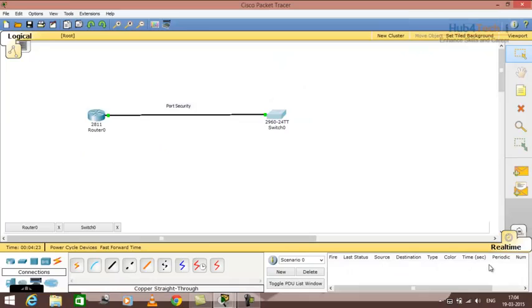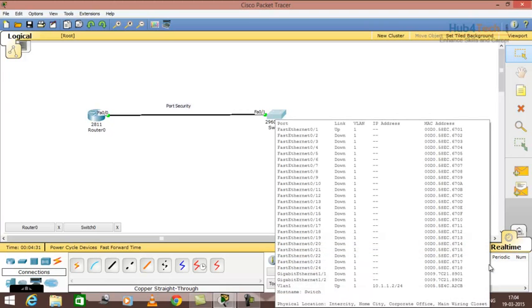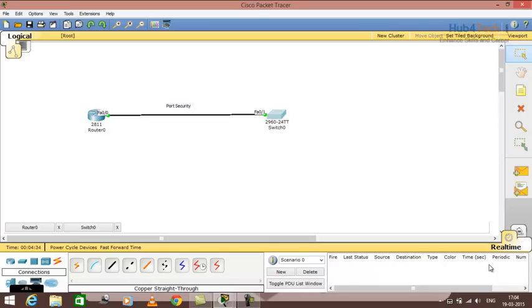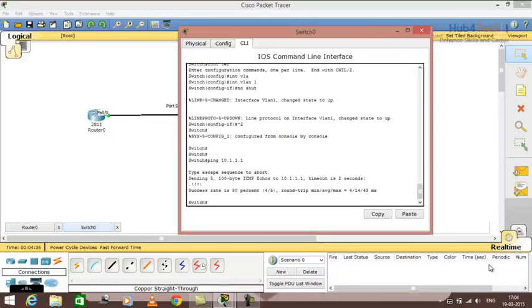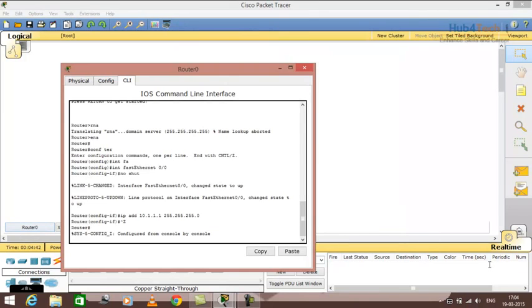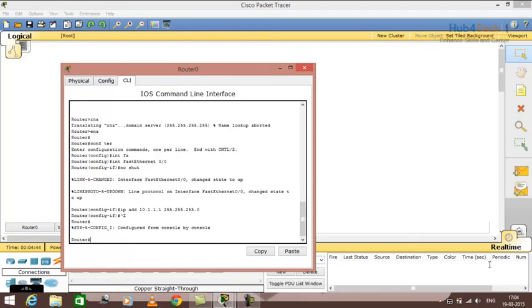Welcome friends, in the class of CCNA switching port security. Here I took a switch 2960 series and the interface FA0/1 is connected to FastEthernet 0/0 of the router. Here I'll assign the IP address to the VLAN 1 interface, which is 10.1.1.2, and the router interface, which is 10.1.1.1, and we have reachability,